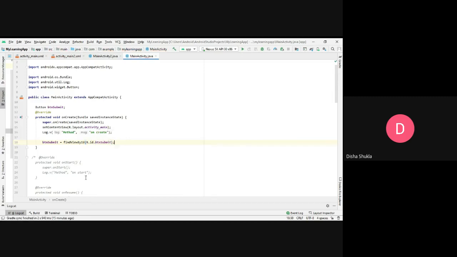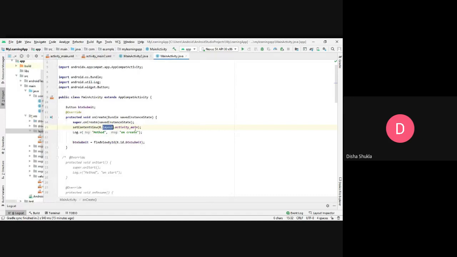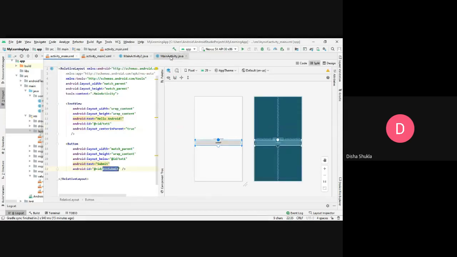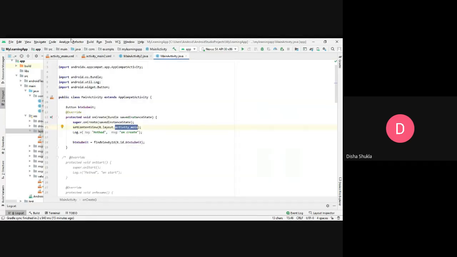Last time I told you that we have an R file, the configuration file, or sorry, the mapping file, wherein we write that this activity is related to this XML file and all the objects that we have in it. Here we use setContentView, and in setContentView we use R.layout because that was a layout file we were using for setting the content, and then we named the XML file that we have, that is this file. Now again, this button is located in this file.